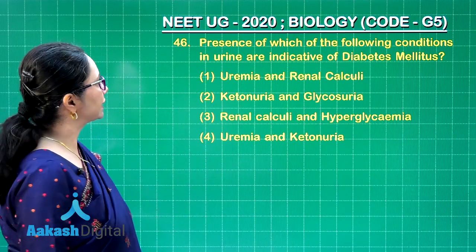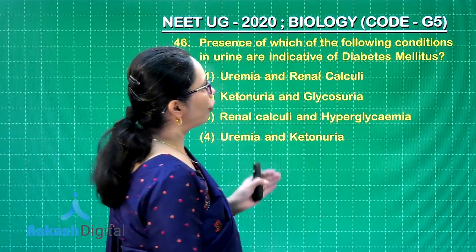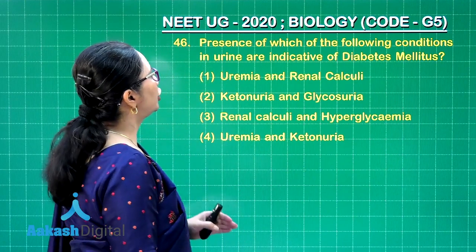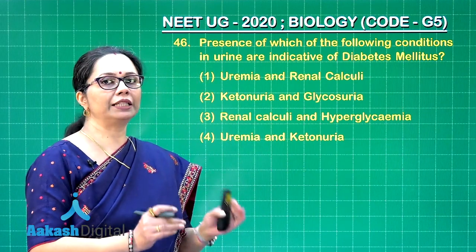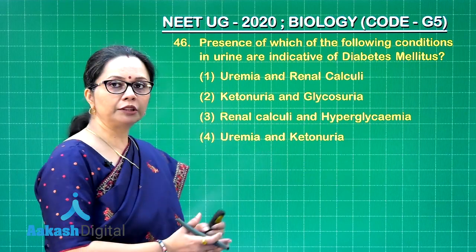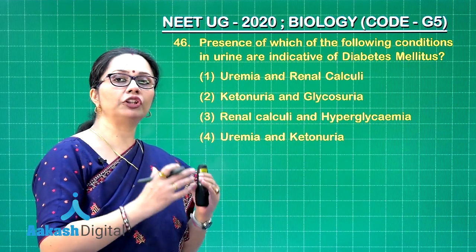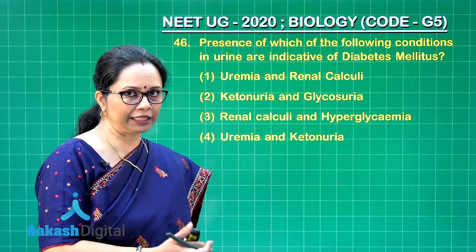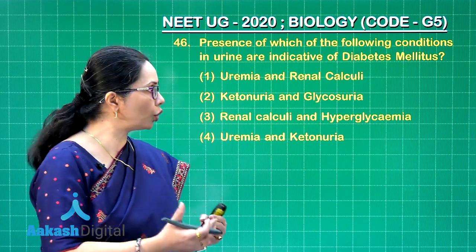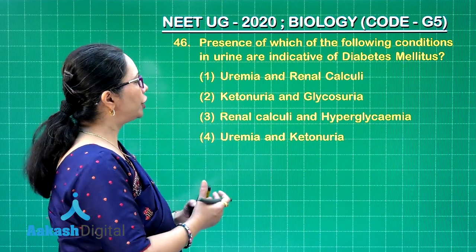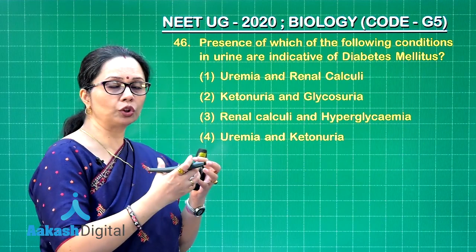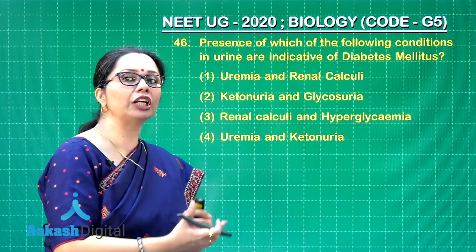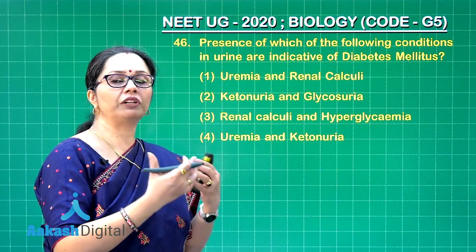Question 46. Presence of which of the following conditions in urine are indicative of diabetes mellitus? Now you see, diabetes mellitus is a condition in which the person will have hyperglycemia, that is excess blood glucose, and in this condition what happens is that this excess glucose would have crossed the renal threshold and glucose will appear